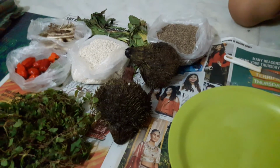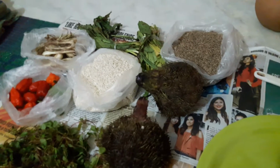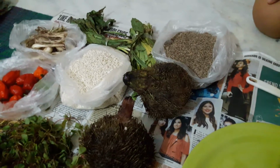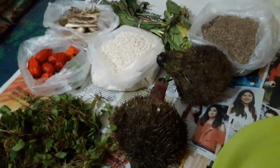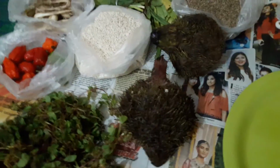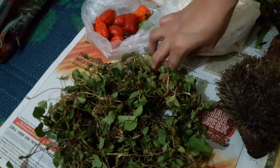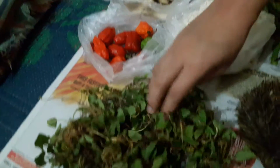Guys, this is the vegetables I received from my hometown, especially my mom sent me this. So I will be showing you and I will be naming them. This is magic leaf. This is called magic leaf, and in our own dialect, this is called gongrihan. Okay, this is very tasty,